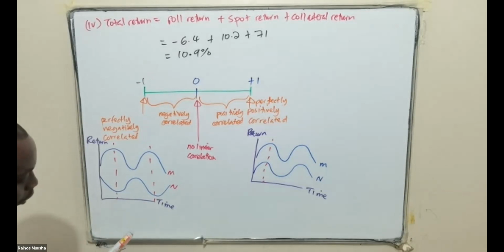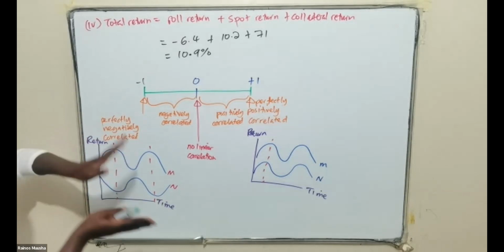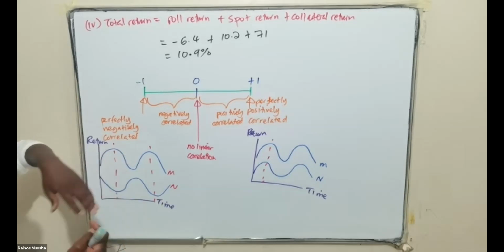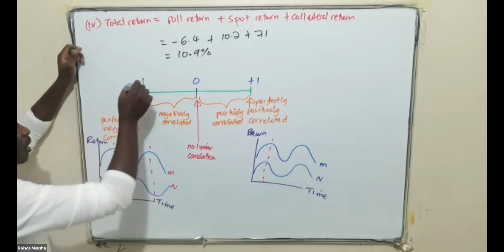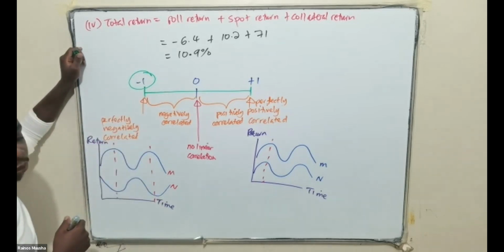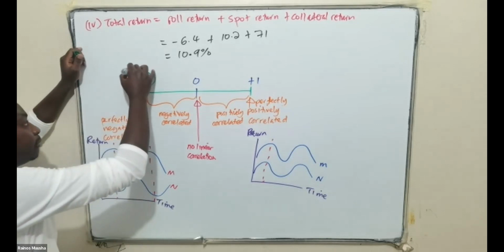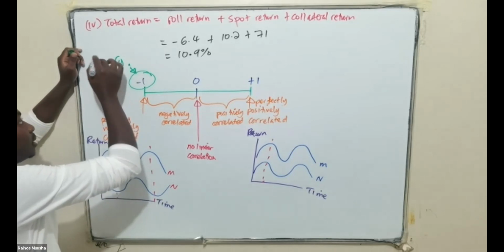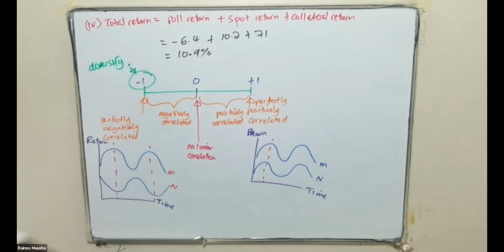So when it comes to our portfolio, our aim is to diversify our portfolio, where when we diversify, we're ensuring that overall our returns should be netting off. When one is going up, the other one should be going down as well. Which means our aim is to have a correlation coefficient closest to -1. So if we are to diversify our portfolio, our aim is to have a correlation coefficient closest to -1.